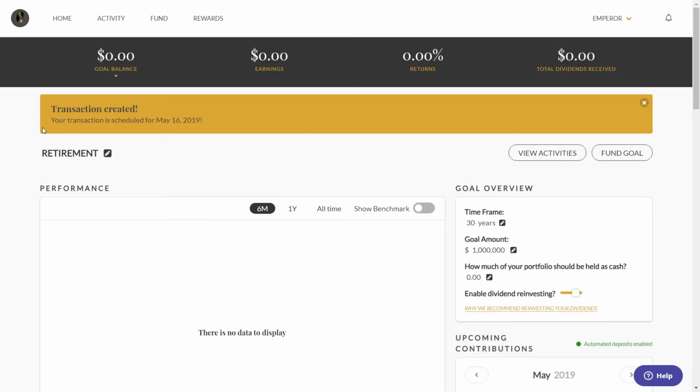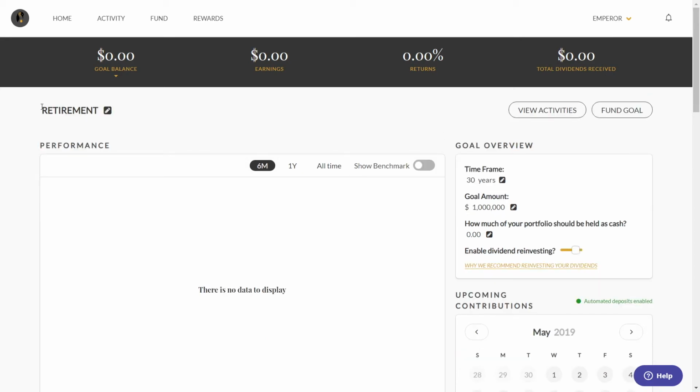Your goal has been created and a fund has been scheduled for May 16th. Now you might notice that I selected May 15th, but because I'm creating this after the markets are already closed, we're not going to be able to buy any stocks in your portfolio until the next day. And so we can close this now. And as you can see, this is your retirement goal page. Pretty blank right now because we don't have any performance data and we haven't invested your money yet, but everything you need to know about your goal will be